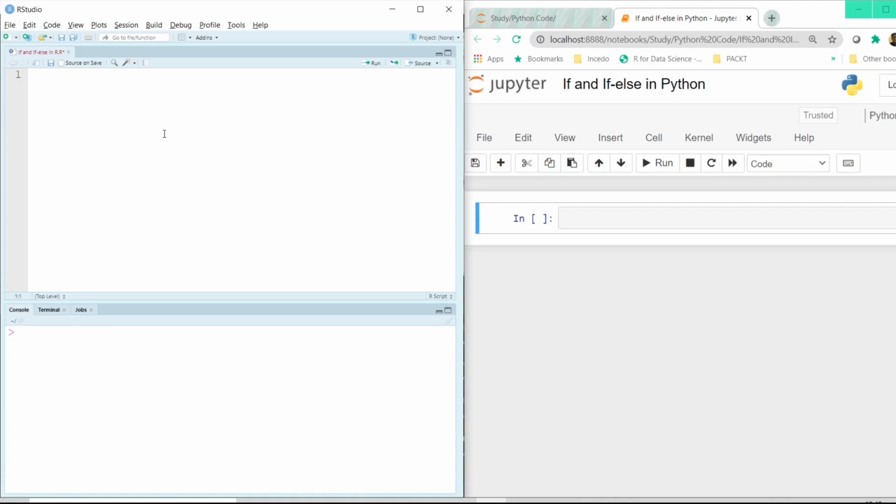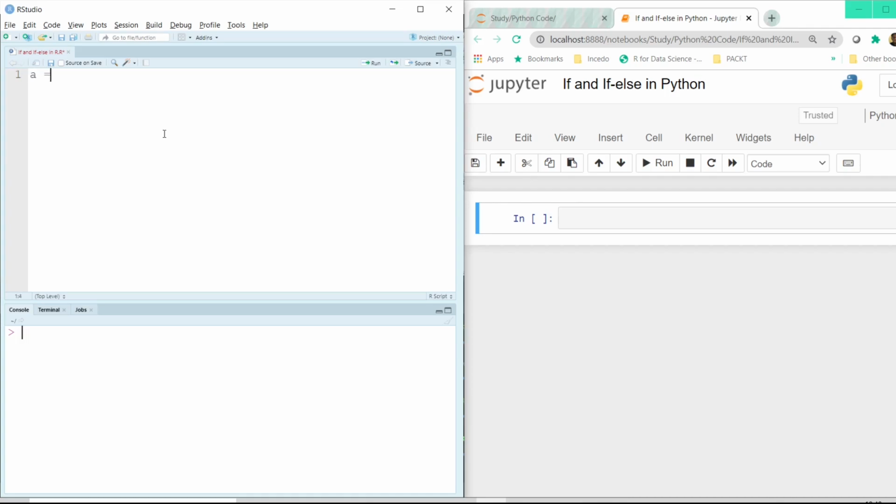In this tutorial, we'll try to understand when to use an if statement and when to use an if-else condition. Supposing we want to check just one logical statement, if that particular condition is met, we want something to be printed on the console, or we want some values to be returned, or we want to assign a variable when a condition is met. That is when we use an if statement.